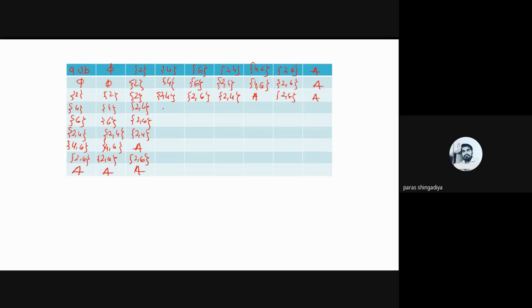Clear? And now 4 with 4, so the union will be 4, not 4 comma 4. Okay, that is 4 only. Then 4 with 6, that is 4 6. Clear? 4 with 2 4, that is 2 4. 4 with 4 6, that is 4 6. And 4 with 2 6, that is 2 4 6. And 2 4 6 को आप क्या कह सकते हो, that is capital A. And 4 with A, that is A itself. And now use this in this column, 4 6 here, that is 2 4, that is 4 6.